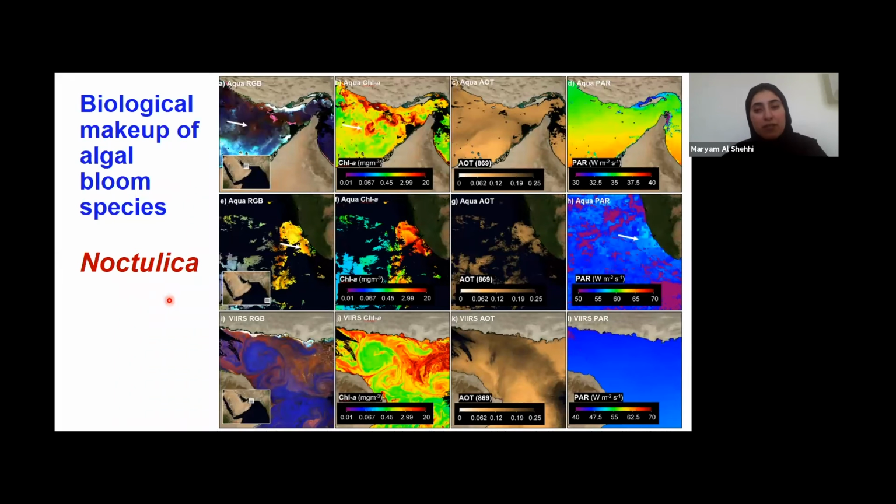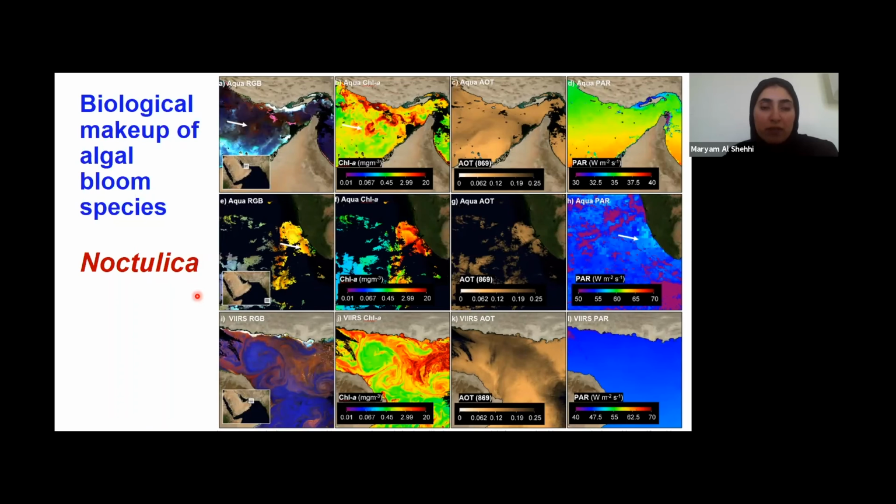So we tried to find some events of Noctiluca that happened in this region. For example, here are satellite maps of Noctiluca incidents that happened in different regions. Here, this Noctiluca bloom happened on the coastline of the Arabian Gulf. The first row of images shows this incident, and the second image over here shows the chlorophyll A concentration. Chlorophyll A was very high in this event, reaching up to 20 milligrams per cubic meter. And then the corresponding AOT, which is the aerosol optical thickness, and also PAR, which is the photosynthetically active radiation. And we have done this analysis